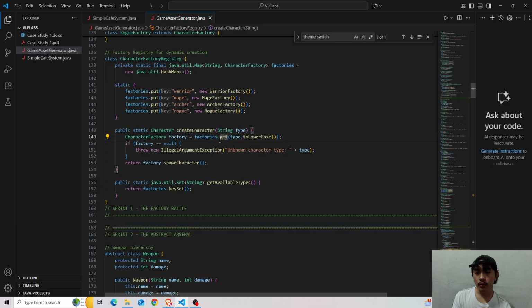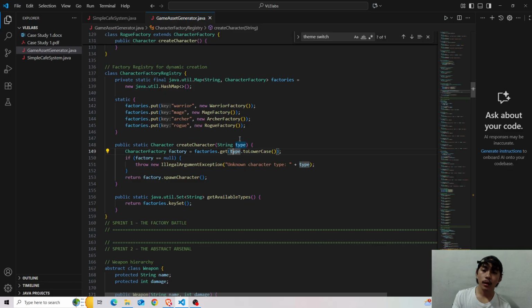So it will get whatever type of factory the user enters here. Later we'll be discussing that, what kind of factory he gets, so that this create character method will return the correct character that the client, or the main, or what we have called in our main method, right?